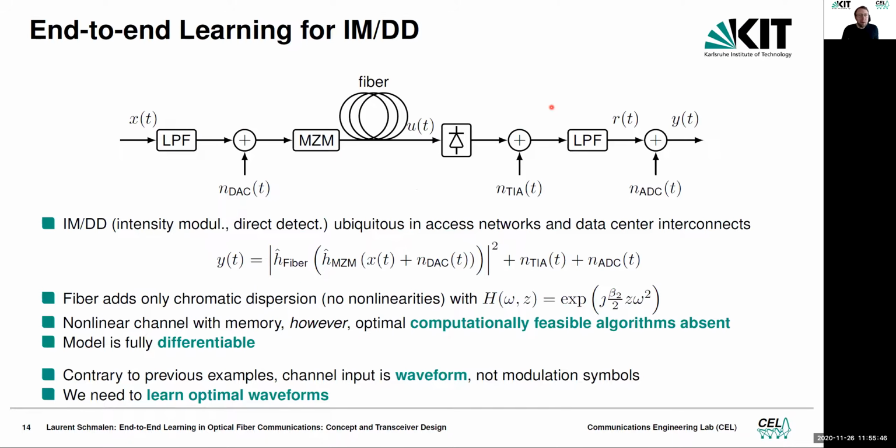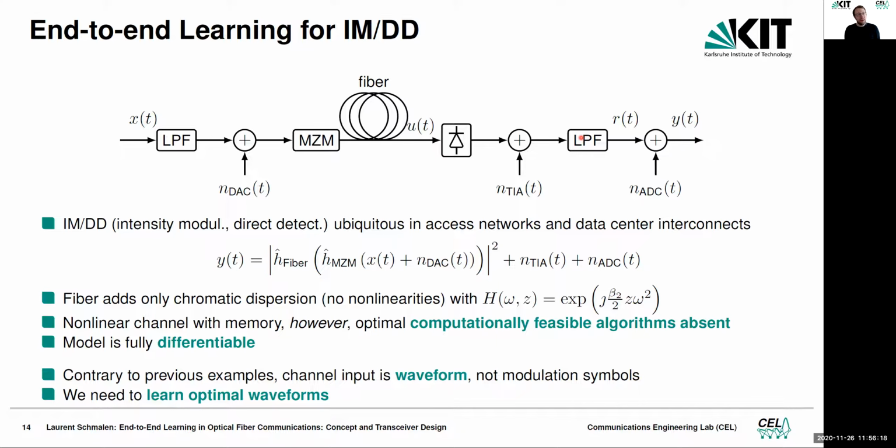So what is the channel model that we are looking at? We're looking at this IMDD channel model, and we have a channel where we have a waveform now. This is the main difference to the examples I showed before. Instead of optimizing symbols, we directly optimize a waveform, because in IMDD, we don't know which pulse shaping may be well suited. So we go directly to the waveform. We do this in an oversampled way, so we need low pass filtering to adjust everything to the bandwidth of our transceiver, of our equipment.